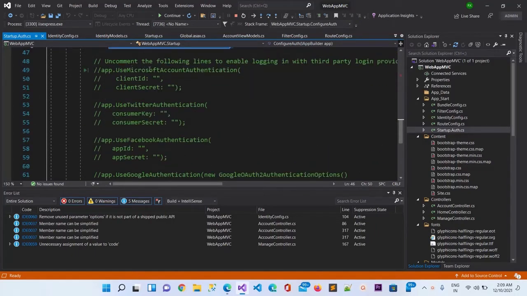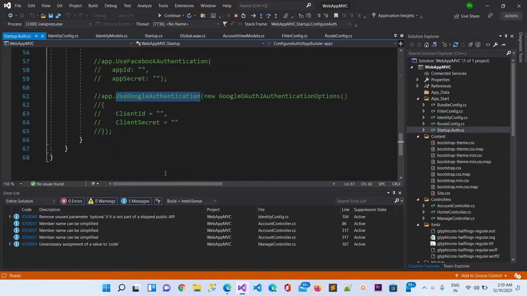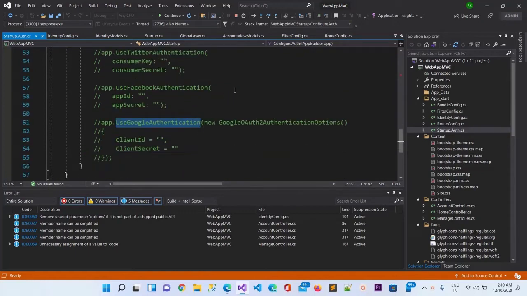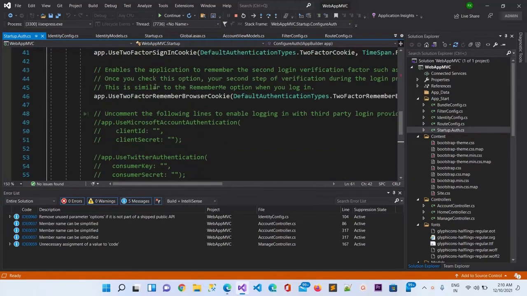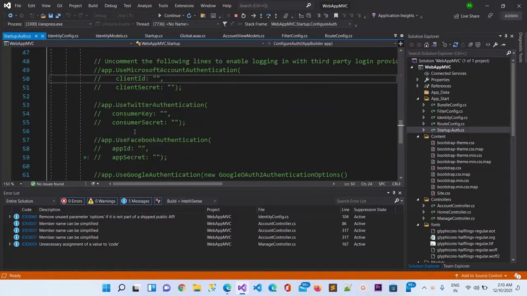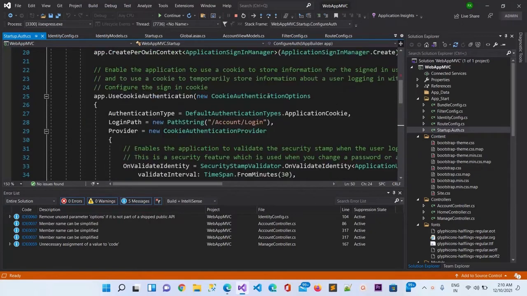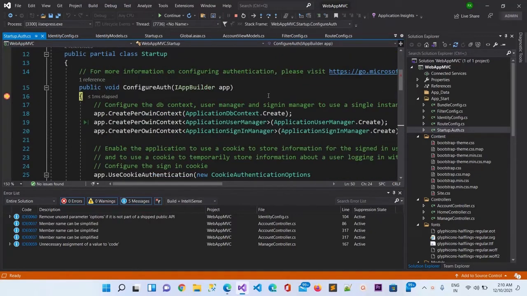So if you want to allow Microsoft authentication in your website, or Twitter authentication, or Facebook authentication, or Google authentication, then you can configure all these things here: app ID and secret, or client ID or secrets. These things you can find inside the respective provider, whether it is Microsoft, Twitter, Facebook or Google. So you can use that. That means the fourth step was here in the startup config file, or startup auth file, sorry.